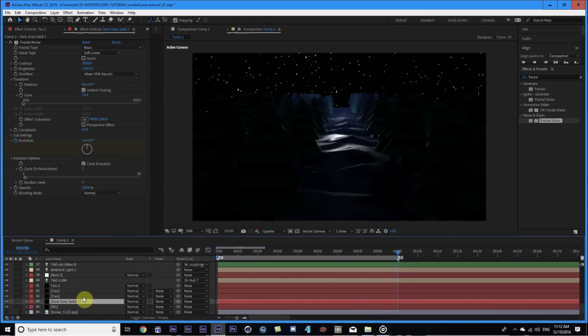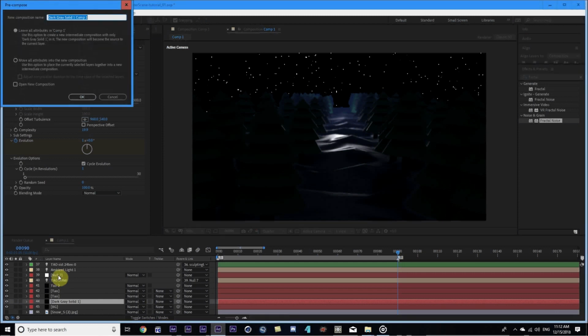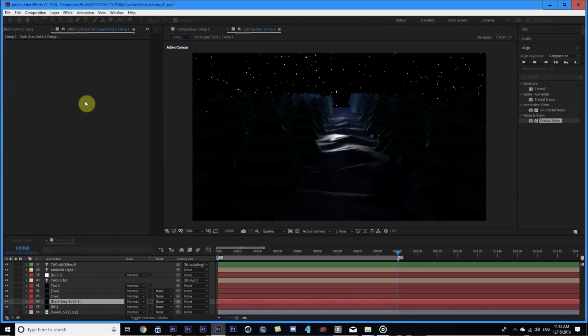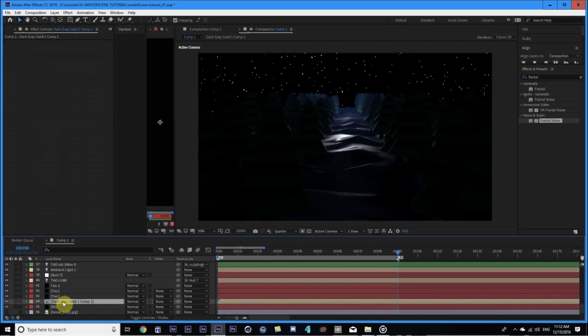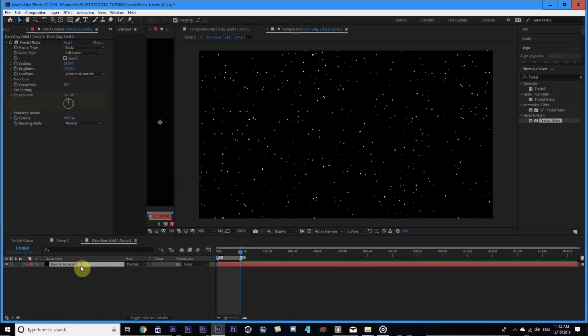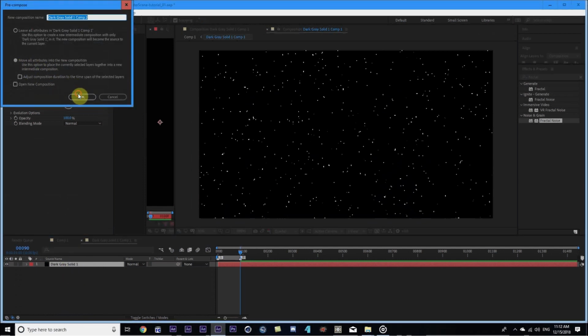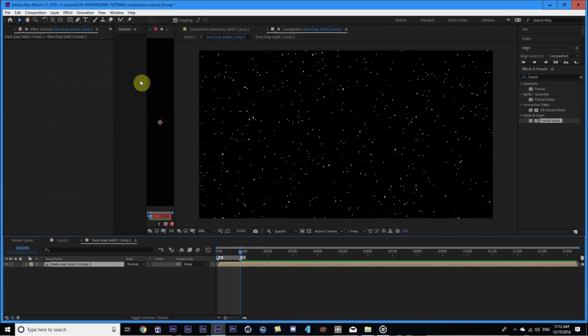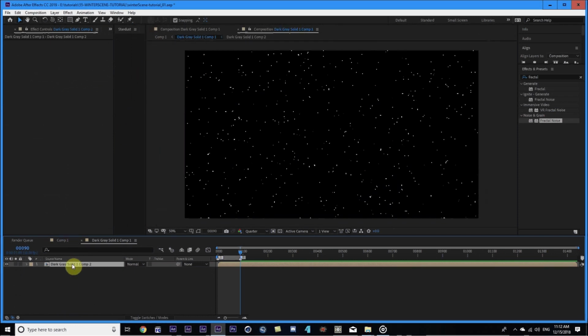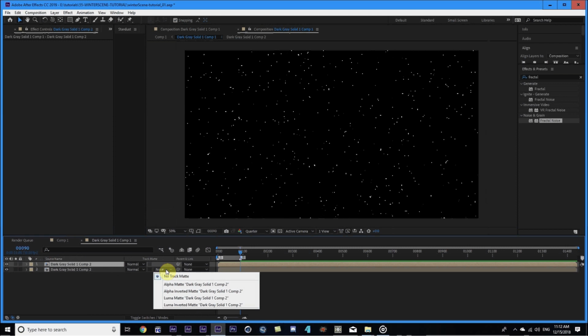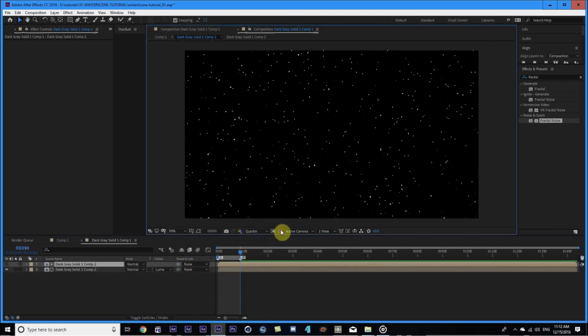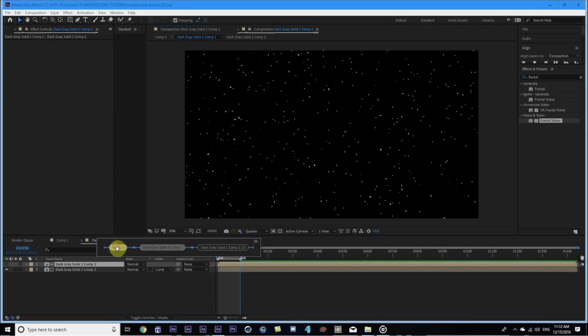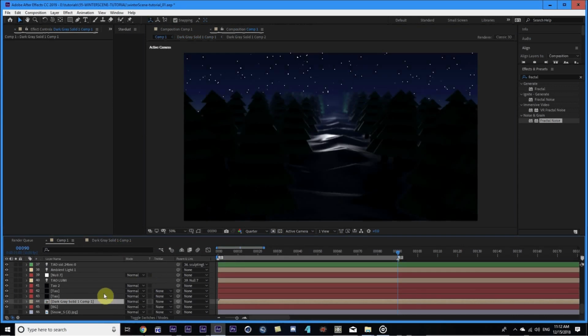Let's pre-comp this. I know pre-comping can sometimes feel impolite for solid layers, but let's hit Control Shift C and let's move all attributes here in the composition. So now we have a composition that's only our stars here, and we're also gonna pre-comp this once again, just this solid, move all attributes. Now we've got our fractal enclosed in there. Let me just close this down, and let's duplicate this and let's set this to Luma Matte. That means that we'll have the transparency, and then we can come back here and we'll have our starry sky